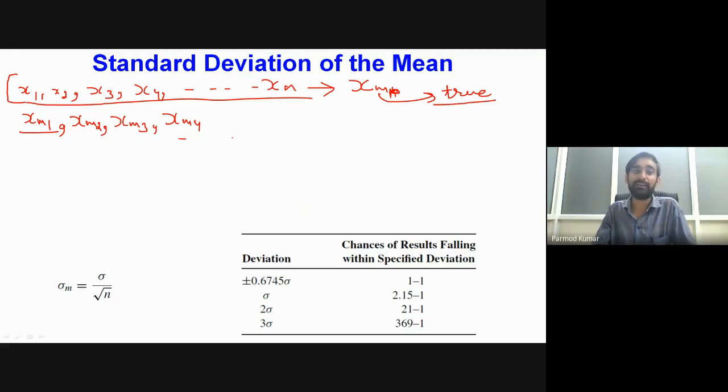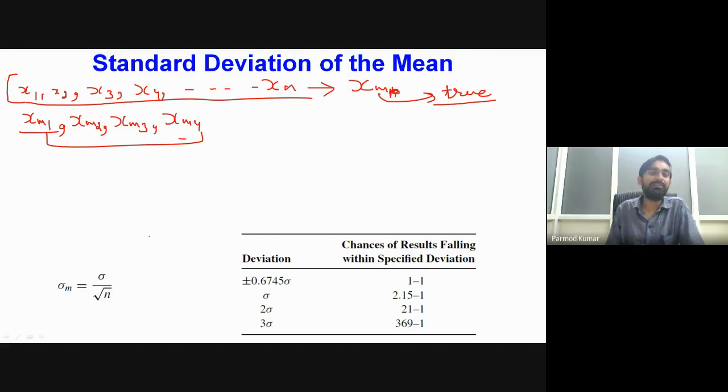In that case, our mean value, if we consider the experiment on different days, may differ significantly. So if we have a large distribution of mean values, here also we can define some standard deviation for the mean value, which gives us certain confidence for the true representation of the experimental phenomena. So if we consider this large number of samples and obtain the different mean values for each data set, and then apply statistical